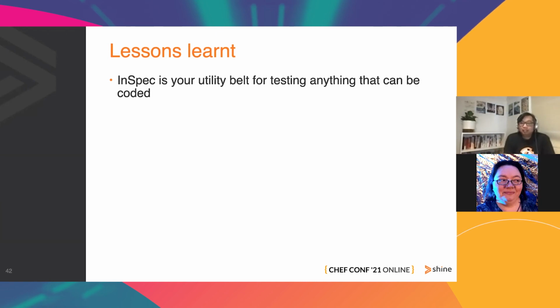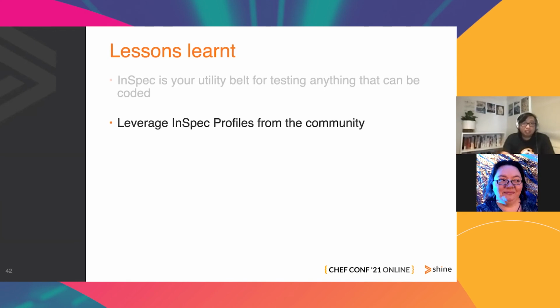And Inspect as a framework just provided the right capability to implement these types of checks. Obviously, we need to leverage the Inspect profiles from the community. So first thing, check the Chef Supermarket before you start implementing your tests yourself, and see if there's anything useful there. There are actually lots of useful security checks, as I showed you before.